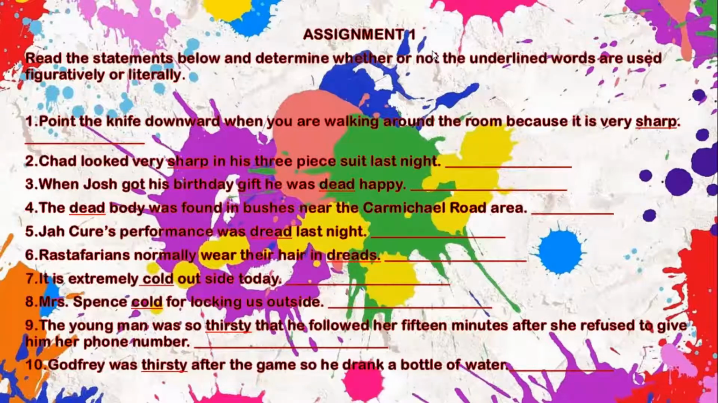And this here is just a follow-up assignment for the denotation and connotation that we just looked at. It basically shows you how words can be used literally and figuratively. We'll only look at the first two. Point the knife downward when you are walking around the room because it is very sharp. And sharp in this particular sentence means that it is extremely pointy. So we can say then that sharp here